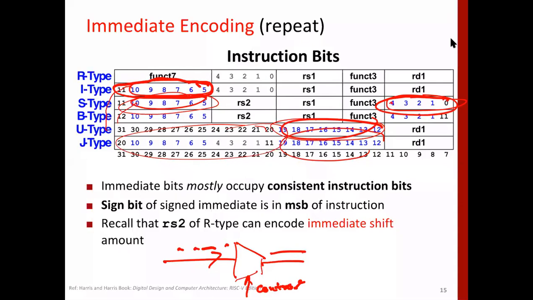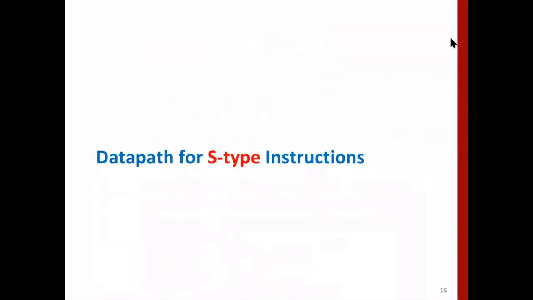So the idea is that you have to look at different instructions and look at the immediate field, where it is available, and correspondingly generate the immediate field. These are the immediate field here in case of I. So these 12 bits it will take, and generate 32 bits. If the instruction is S type, then it will consider the bits here and here to generate the immediate field, right? So that's how it's done.